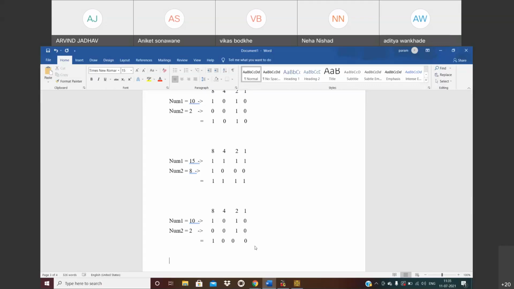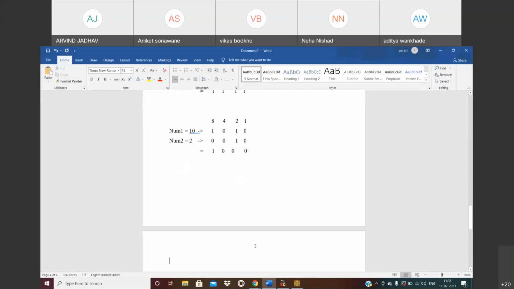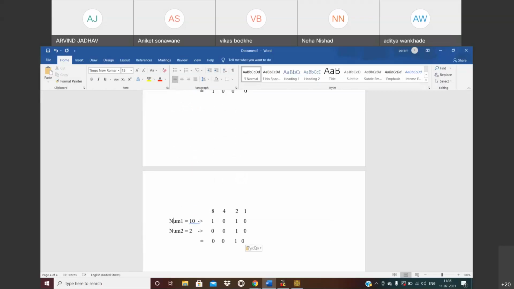Similarly, we can perform the operation on another example also. Here I took 12 and here I'm using 4. So 12 is 8 plus 4, and the rest of the bits are 0. And for 4, I'm using a 1 and the rest of all bits are 0.